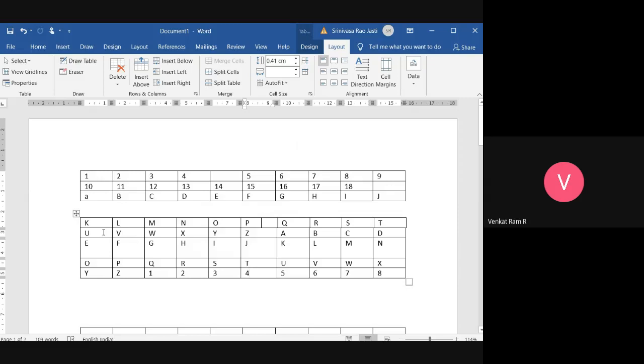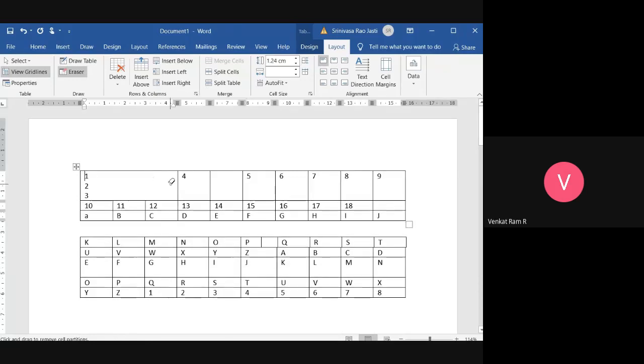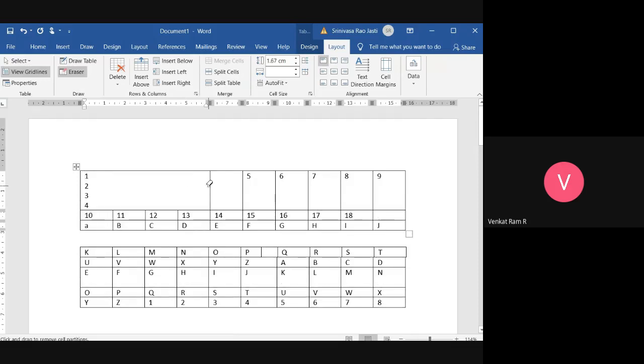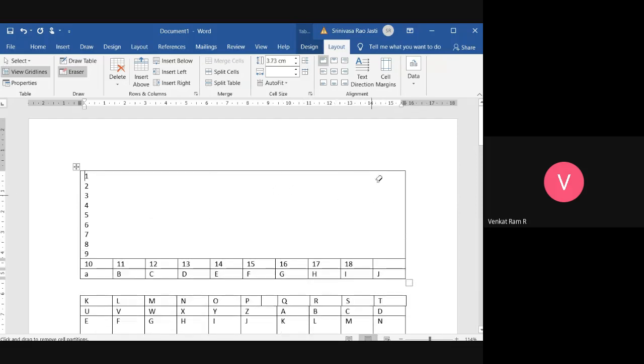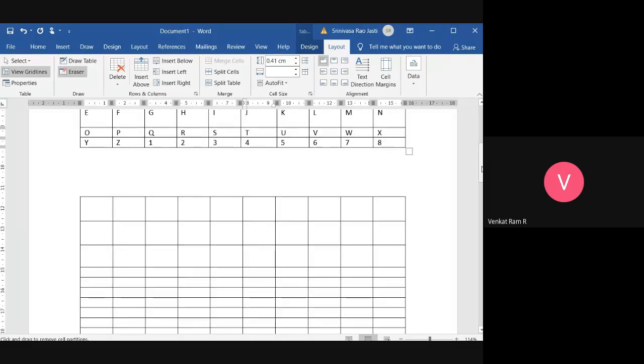Okay, sir. If you use the eraser, see here, if unwanted things are there, then you can delete them. Eraser is in the layout tab, not this layout tab, the last one. Okay. Got it?